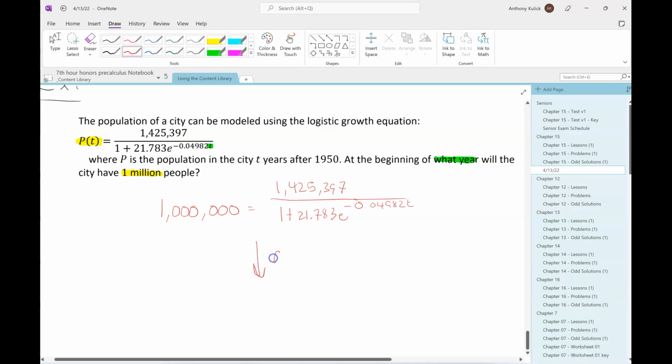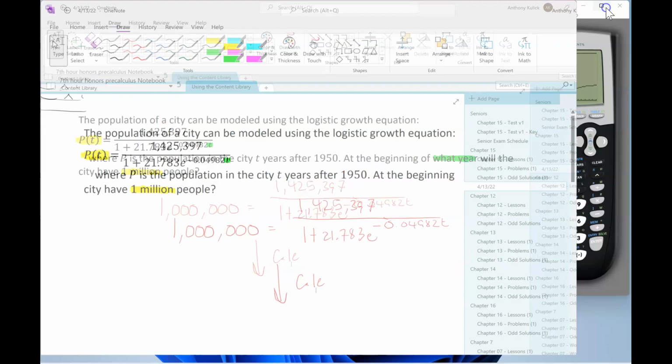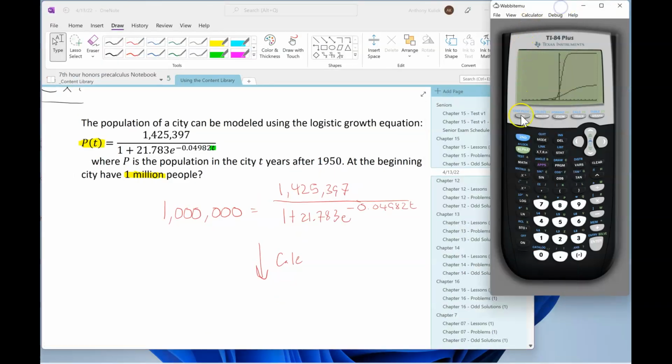So, calc time. I'm going to type the left-hand side into Y1 and I'm going to type the right-hand side into Y2. Just as an aside here, while I'm typing these things in, it's worth mentioning this method that we're using of solving by graphing is a really useful one,